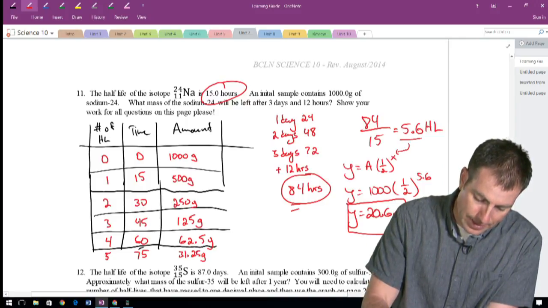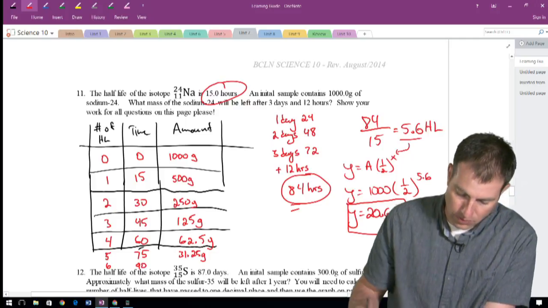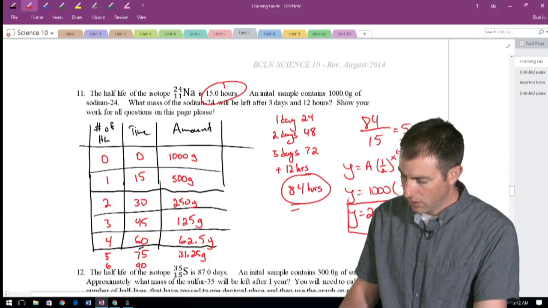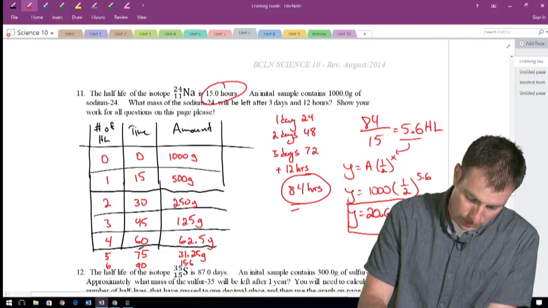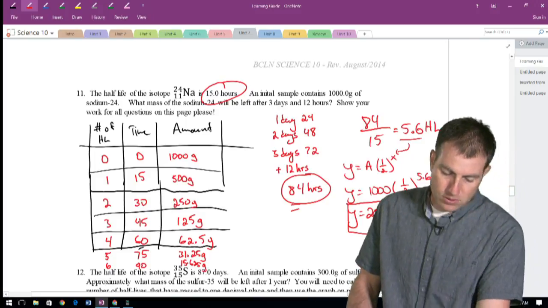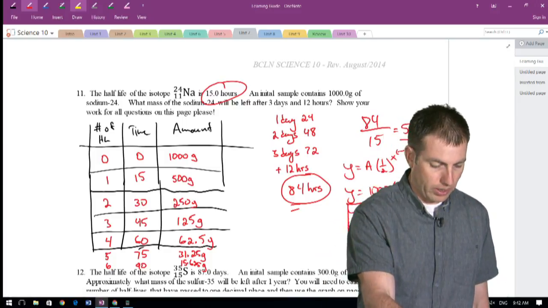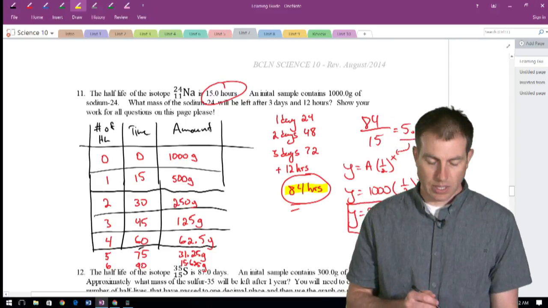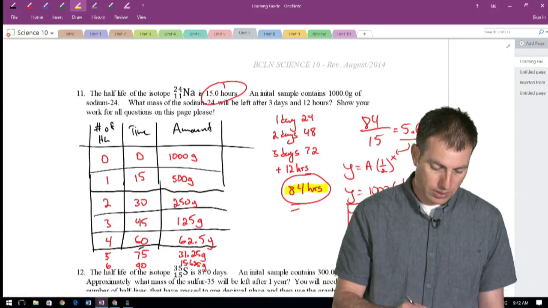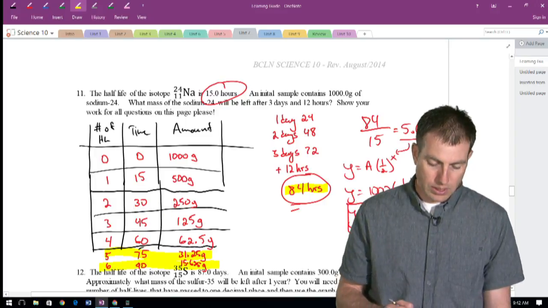31.25. And then after 6 half-lives, I'm at 90 hours, and 31.25 divided by 2 again is going to be 15.625 grams. So you notice if I use this table, again I'm going to run into this problem where my answer is going to be at 84 hours. That's what the question's asking me. After 84 hours, how much will I have left? And that 84 is somewhere between these two. So